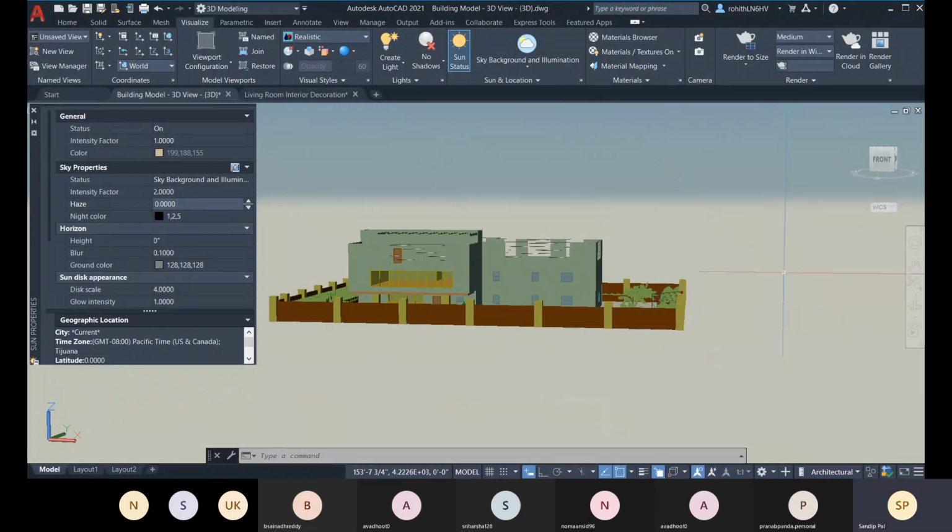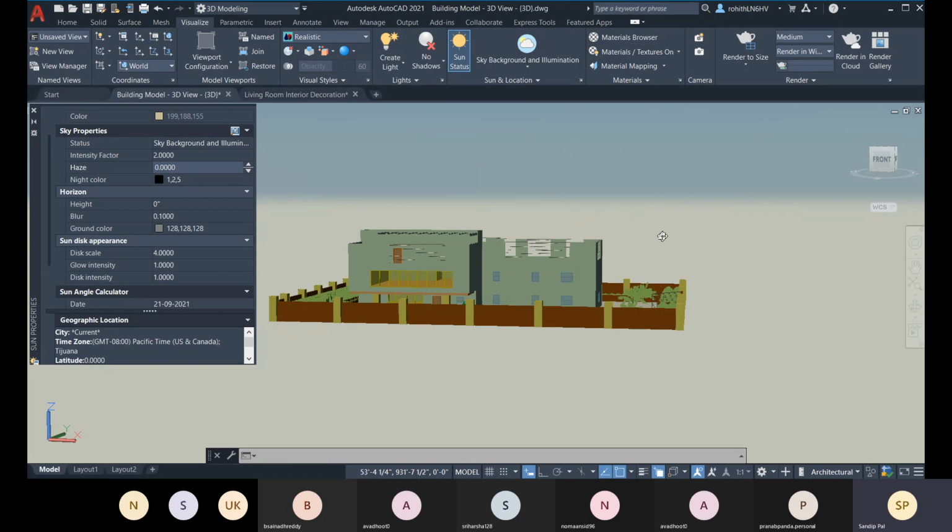When your ground meets your sky at the horizon, you get some haziness for your sky. So you set that in the haziness properties. And when your sun time is during the night, what will be the night color? And this is for the horizon. What will be the horizon height, and the blurriness and the ground color and the sun disk.